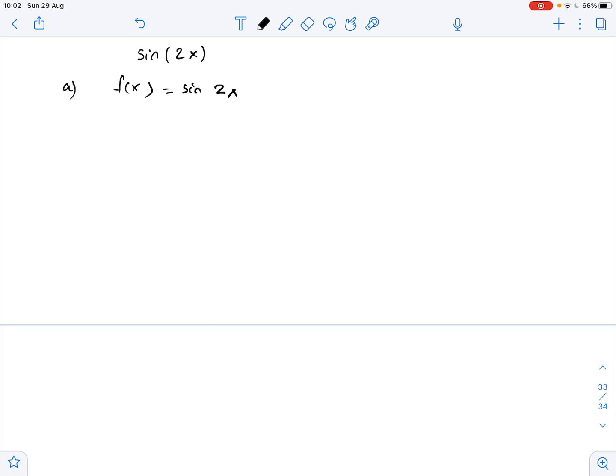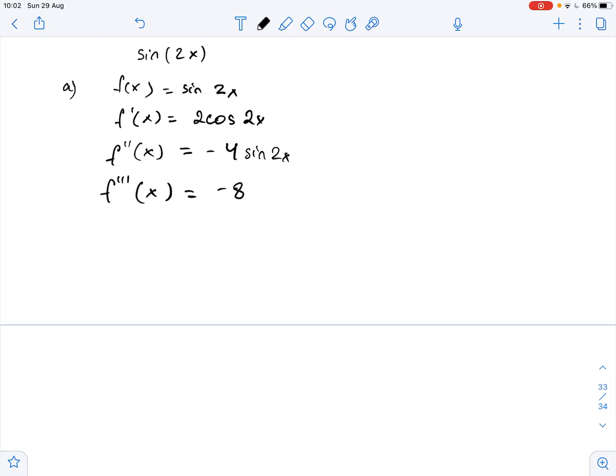So f of x equals sine of 2x, then f prime of x equals 2 times cosine of 2x, then the second order derivative of f of x equals negative 4 times sine of 2x, then the third order derivative of f of x equals negative 8 times cosine of 2x,